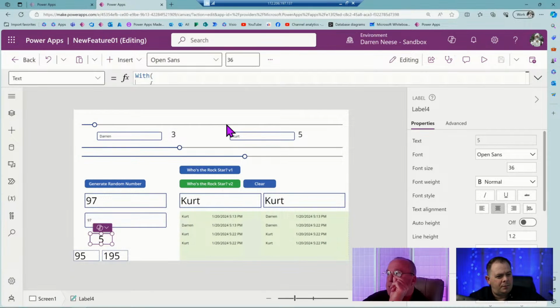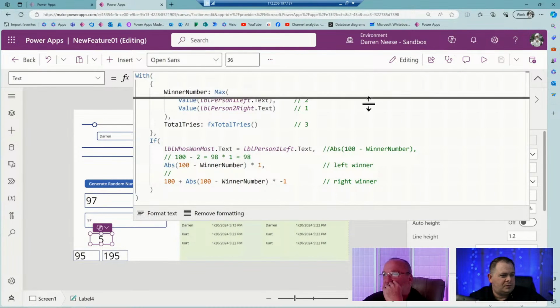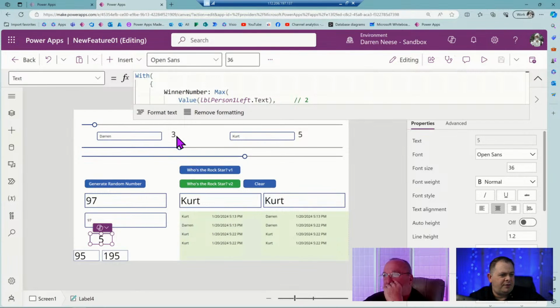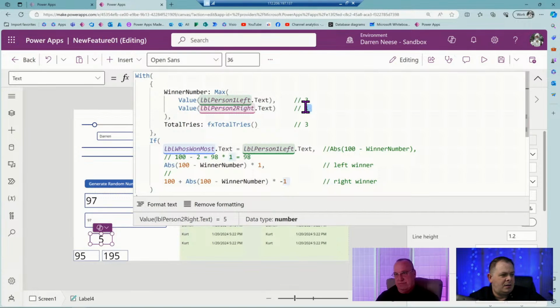The problem is that right now Kurt has the 5, so I want that slider over on the Kurt side. So let's use the real values, the 3 and the 5. The count would be all of those added together, which would be 8, right?